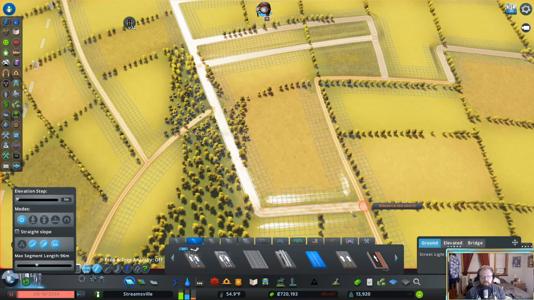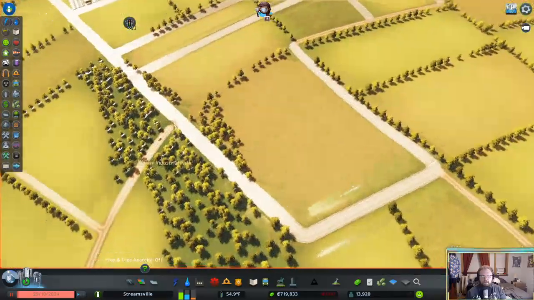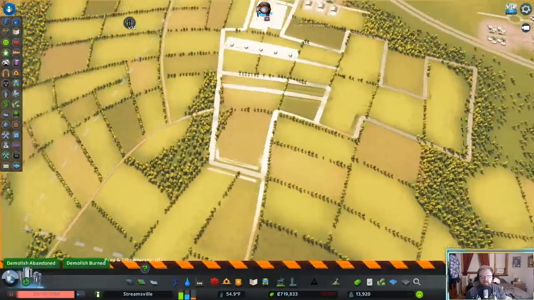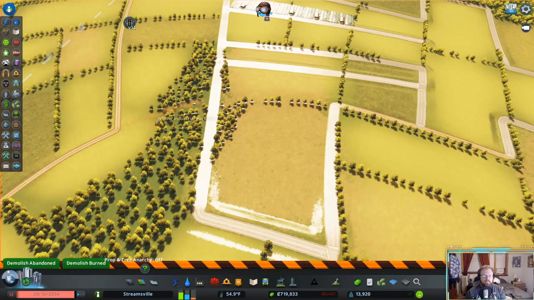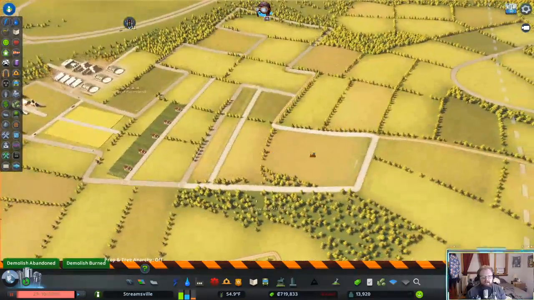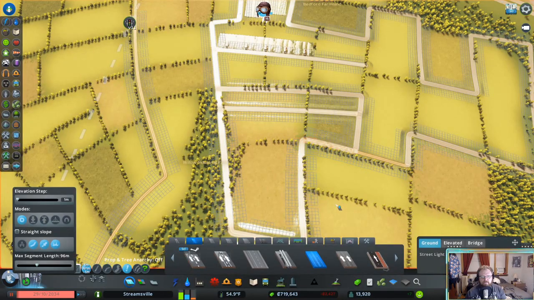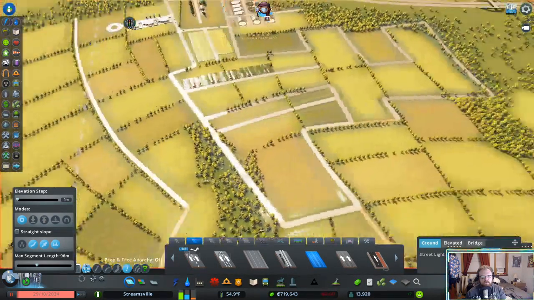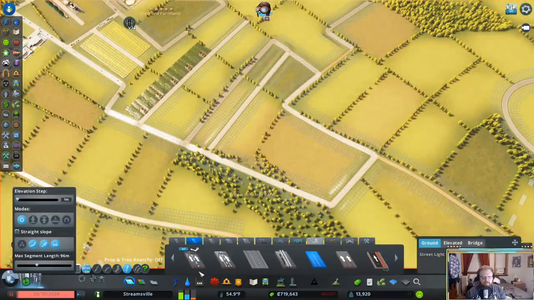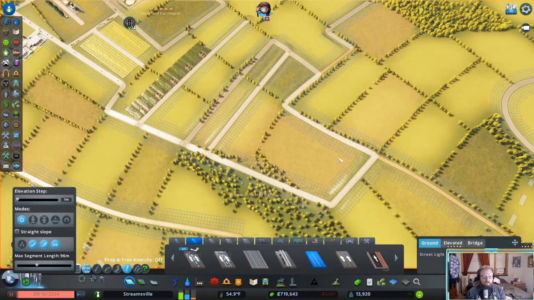Like that, like that. And I'll upgrade this road here for a higher capacity, because these dirt roads are fine as a layout, and fine for really low density stuff. But at a certain point, I will be expecting to have heavy trucks going through here, and I don't want them trying to travel dirt roads. So there we go. And then I think, if I remember, yeah, this section has no oil,